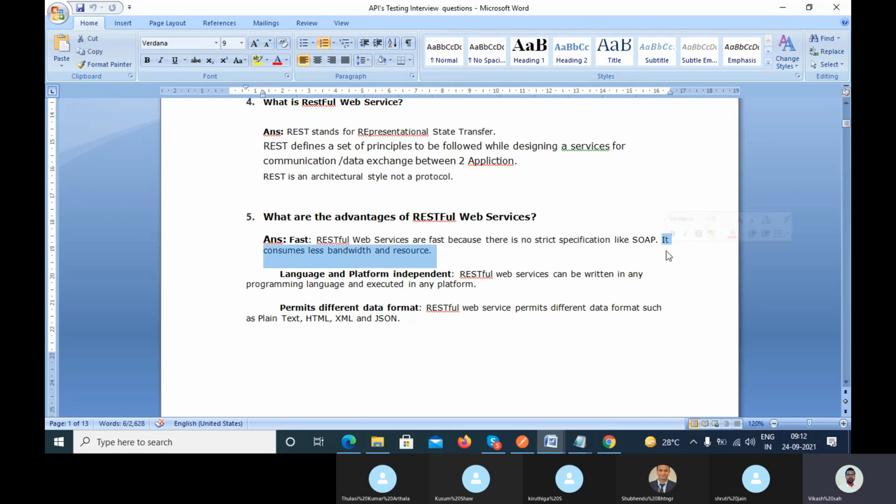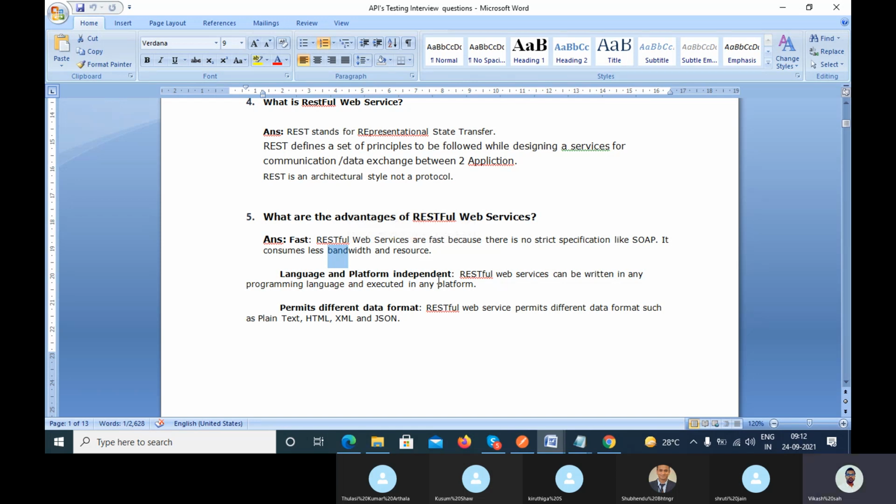If you are using a REST web service, it consumes less bandwidth and fewer resources. You can easily read the JSON format, it's a simple key and value. It will not take more time to implement, and it is easy to test. So REST is fast and consumes less bandwidth and resources.